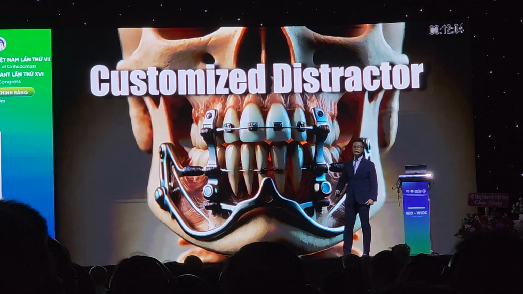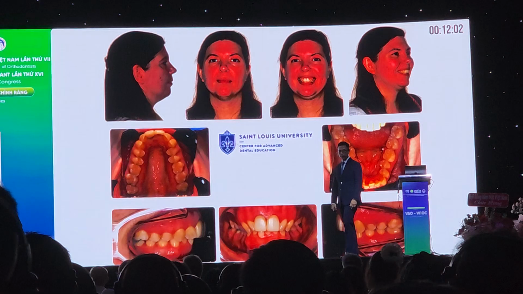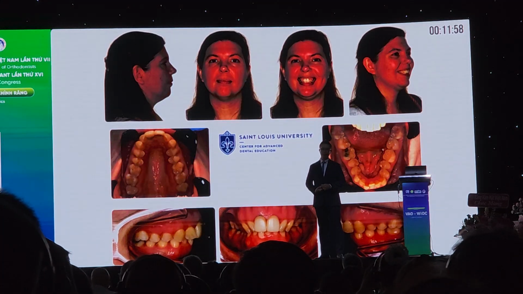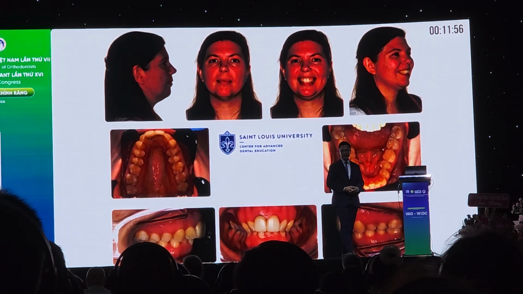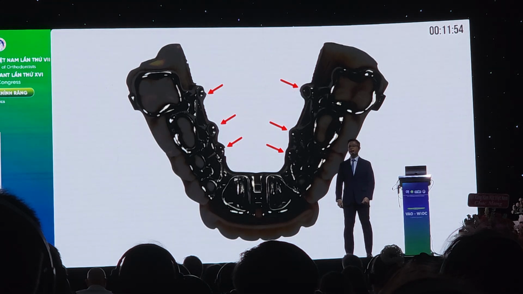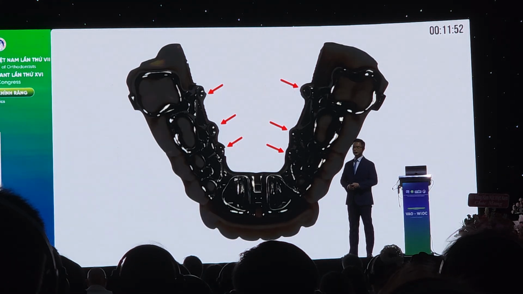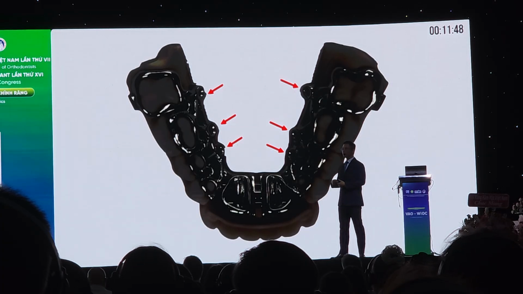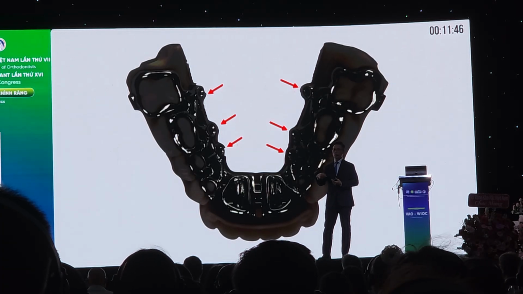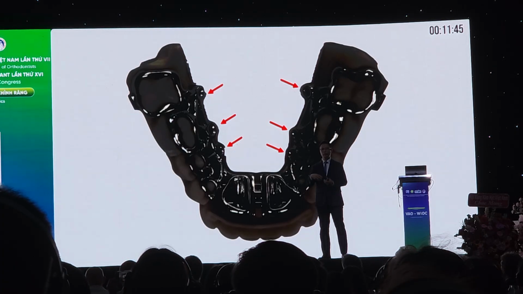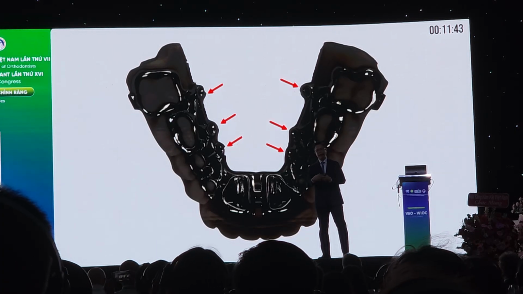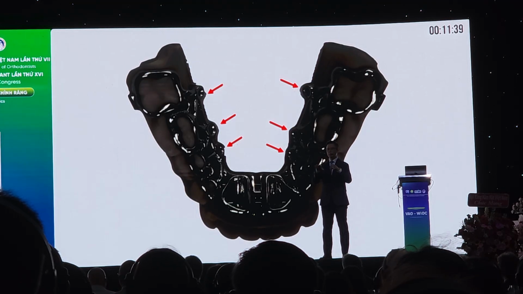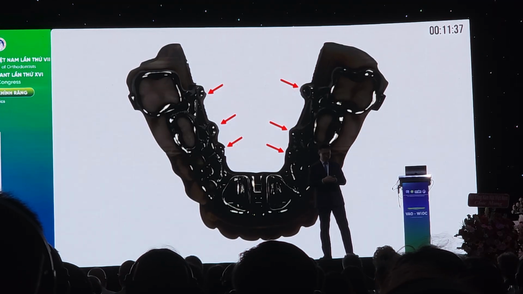So now we are making this a customized distractor. This patient also needs expansion of the upper jaw and the lower jaw. She's a sleep apnea patient. And then we make this a metal printed expander. You have those 6 holes in between the roots. You can use a mini screw to secure. So it has a bone anchor, and also because you cement it over the crown,